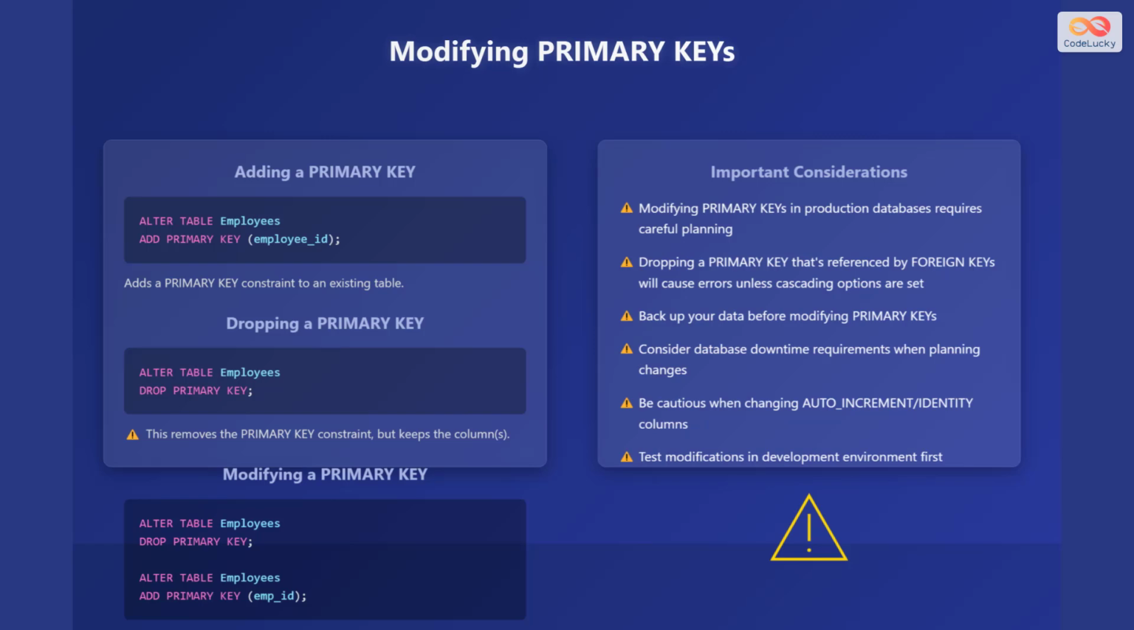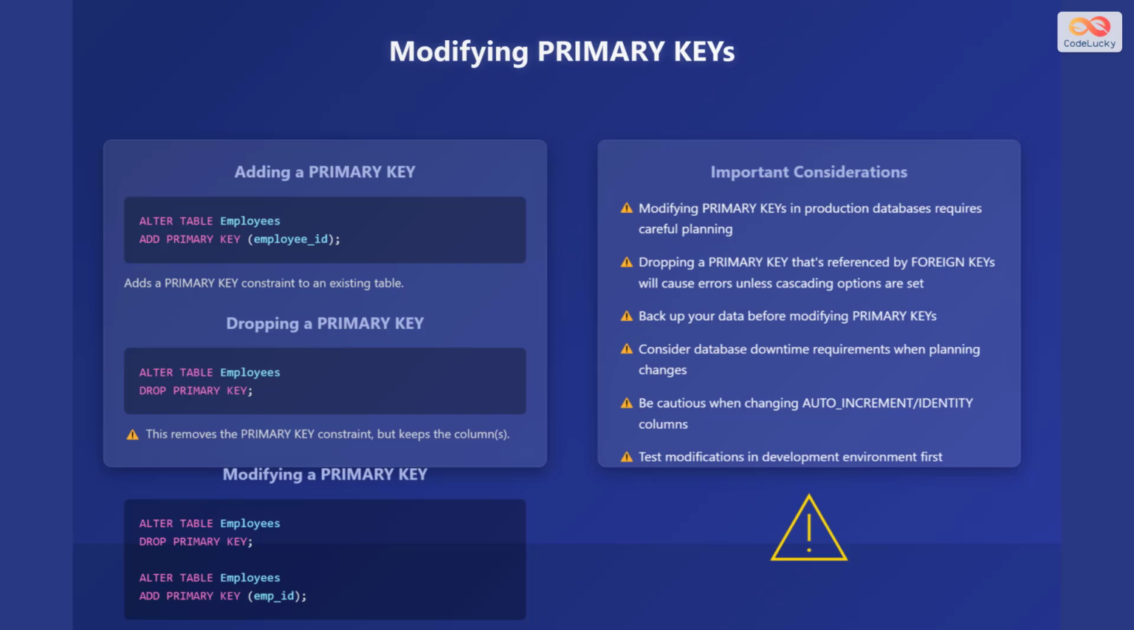Here's how to drop a primary key. The script is ALTER TABLE employees DROP PRIMARY KEY; This removes the primary key constraint but keeps the columns. Here's how to modify a primary key. The script is ALTER TABLE employees DROP PRIMARY KEY; ALTER TABLE employees ADD PRIMARY KEY (emp_ID);